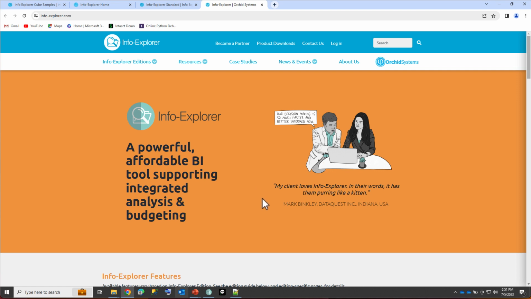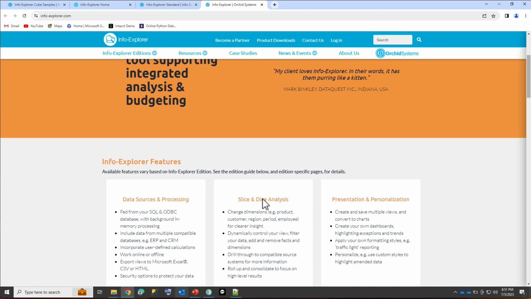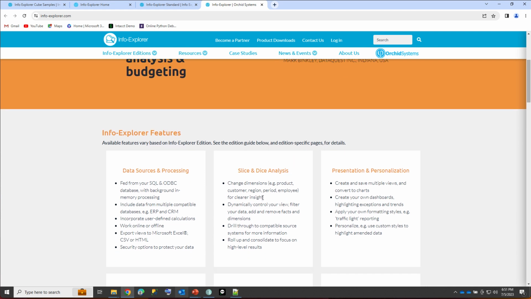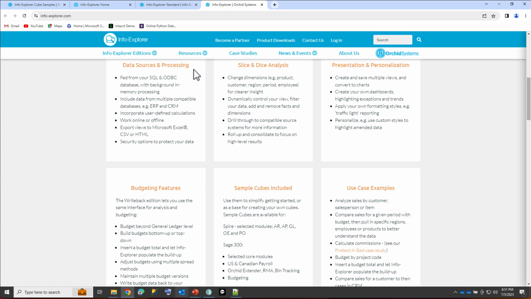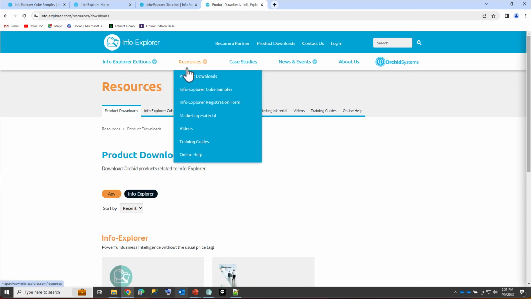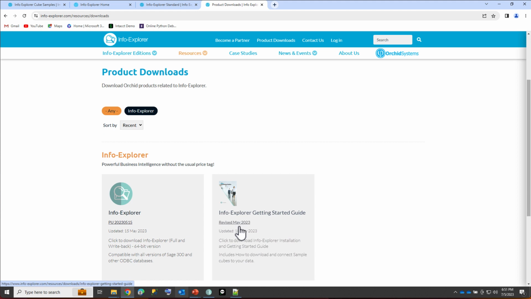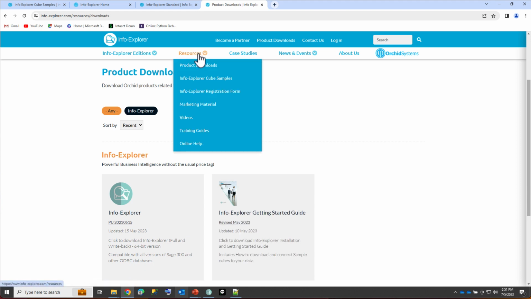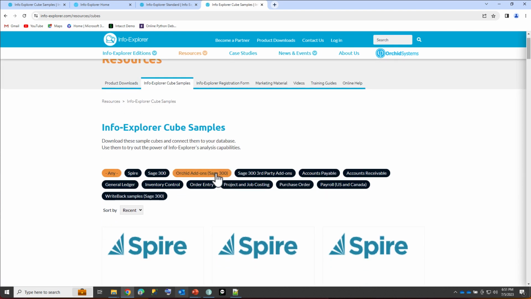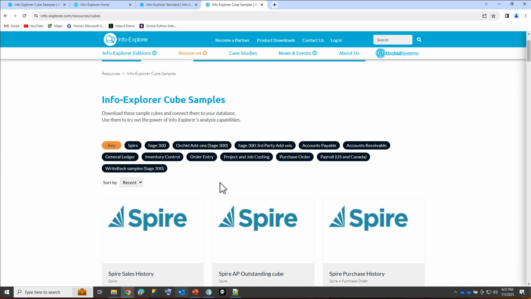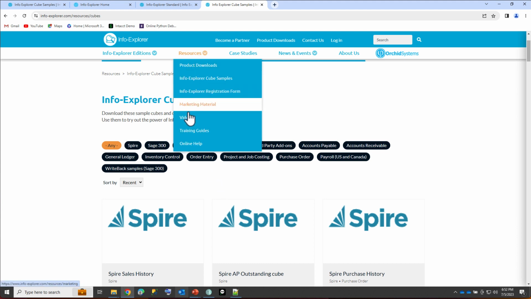Specifically around Info Explorer, we have our Info Explorer website, which gives you some background about what is Info Explorer, how it works, its features. We have the resources. This is where you can come and download the product, download the Getting Started guide. Once you have installed the product, you can look at the sample cubes in here, and they are also accessible from the application as we have looked at. And you have access to various video, training video presentations on what you can do with Info Explorer,